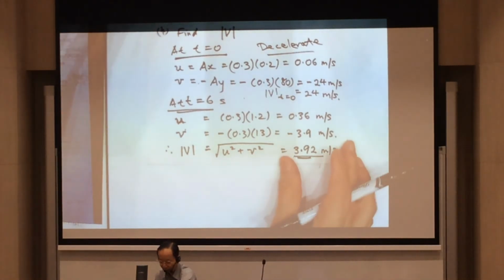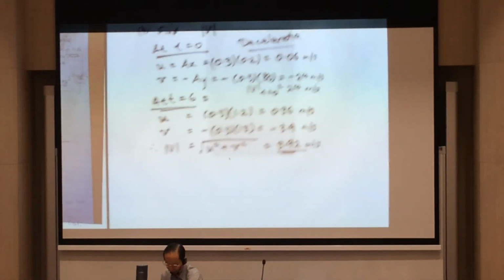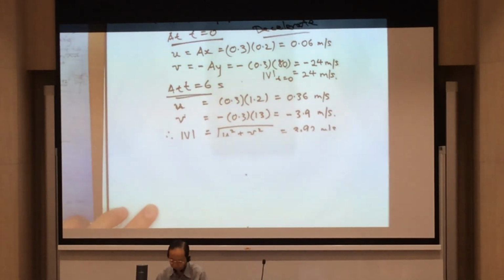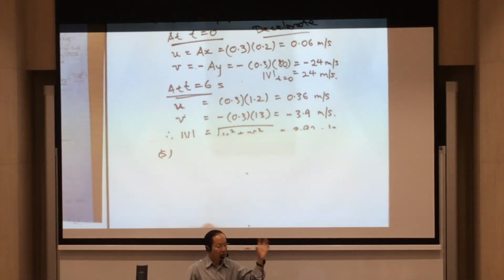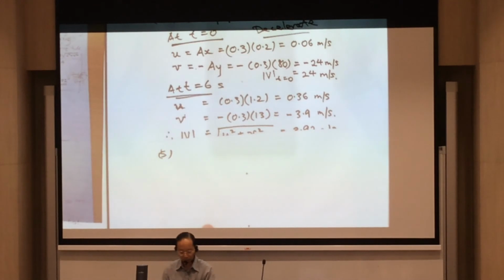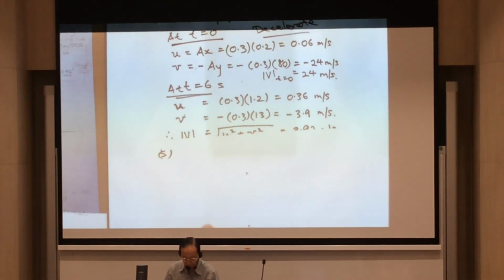Okay, and the last part, quickly, before we have a break. Okay, 5. Show that the streamlines and pathlines have the same profile. They are the same, okay? If the flow is considered to be steady. So if the flow is considered to be steady,